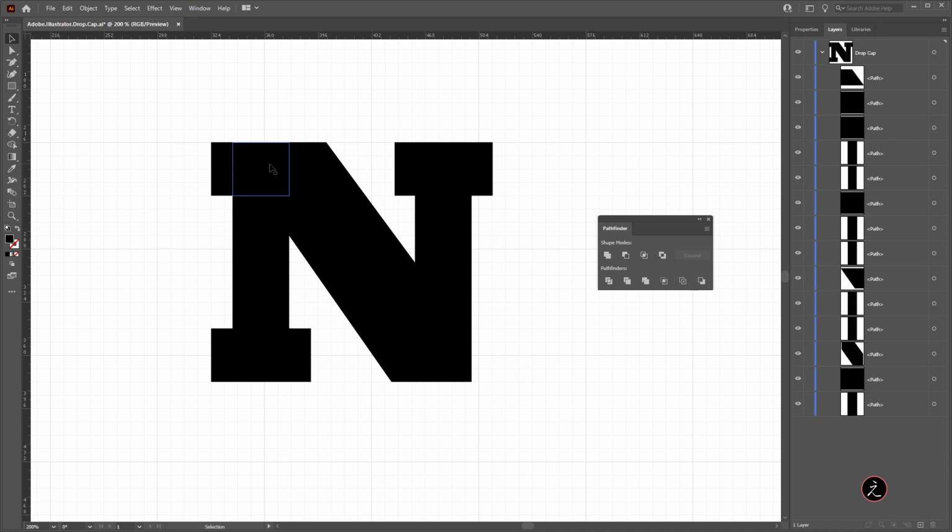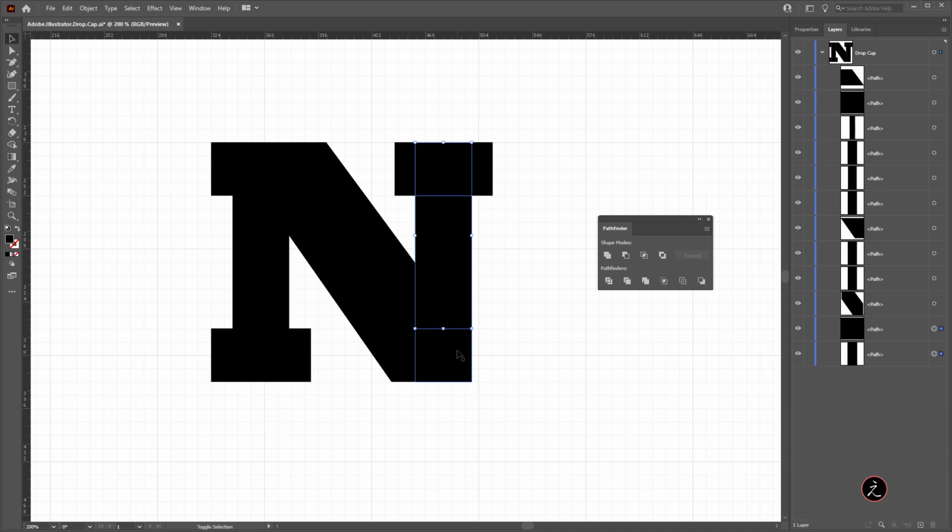Now I want this one, and I'm using the selection tool here. I'm going to shift select those. I want this to be just one path. All right. So for that, I'm going to use inside the shape modes, I will use the unite Boolean operation. There we go. This is one path. I also want this to be another single path. Again, I'm going to use the unite Boolean operation.